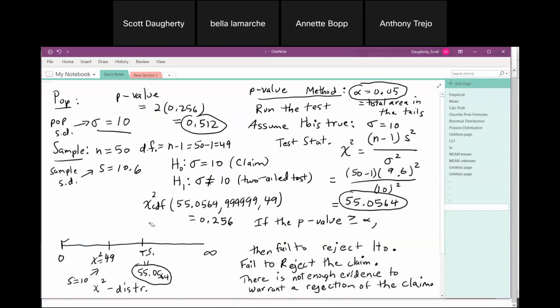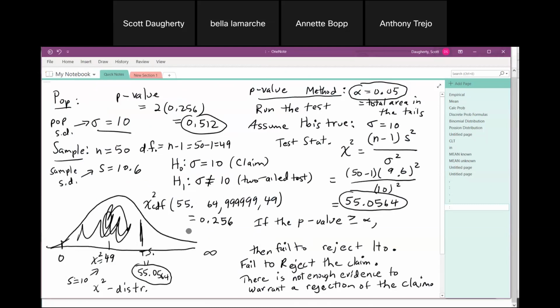It's kind of tricky when you have a two-tailed test. You have to know which side to find the area. And so here's your test statistic, right? If you mistakenly find the area to the left of here, then what's going to happen is